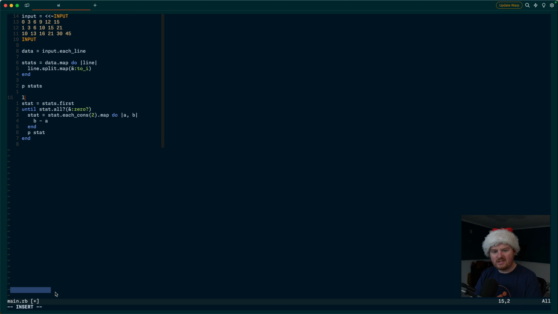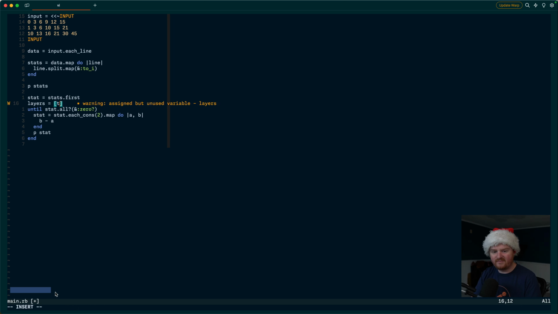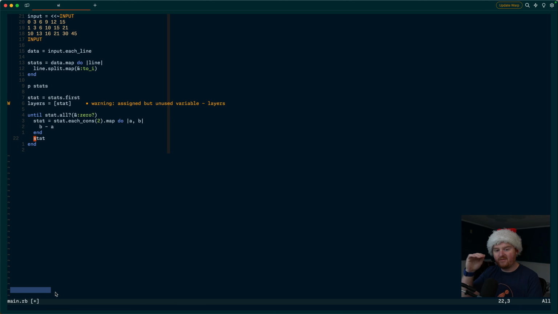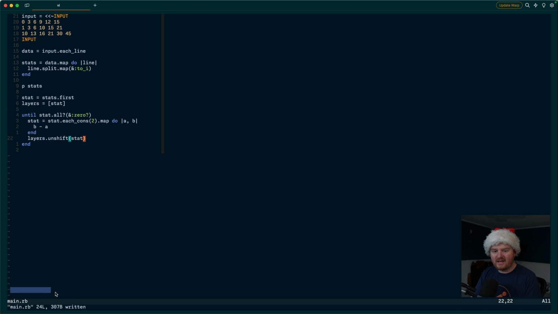The way I solve this is by creating a list of layers. The first thing in that list is the first stat, or the biggest record. Now what we want to do is, at each layer, add onto it the current stat as we're breaking it down. So we're going to say layers.unshift stat. This will make it so that we are pushing those new stats to the front of the list of layers